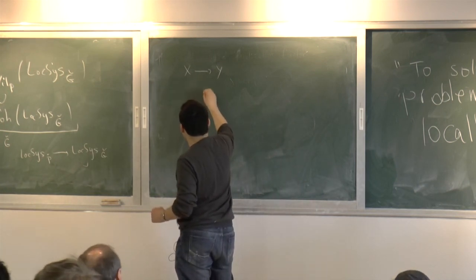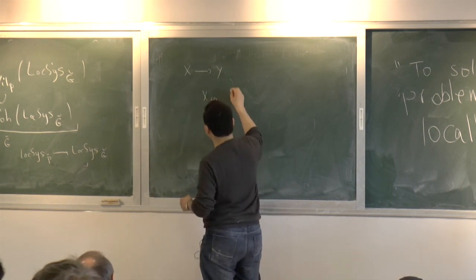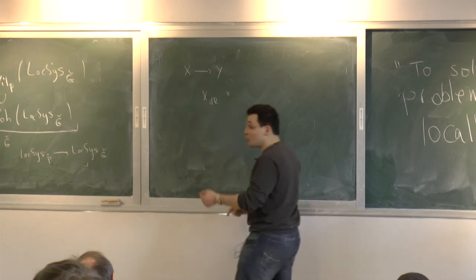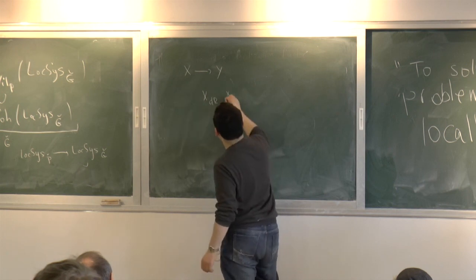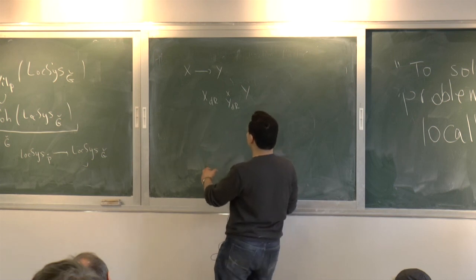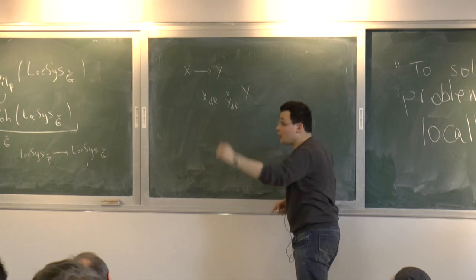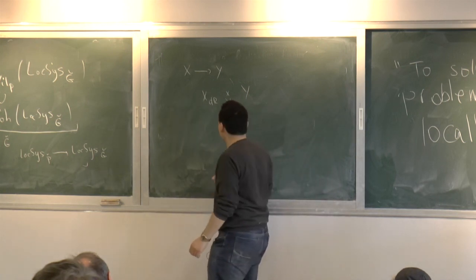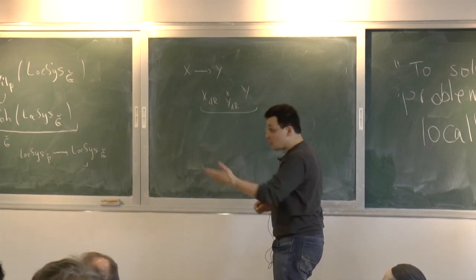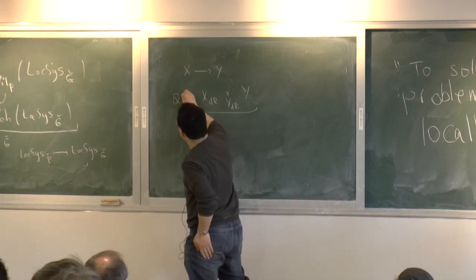Things with connection on X are sheaves on X de Rham. So this naturally maps to Y de Rham. Sorry, I think you're pointing out that I misspoke. What I really want is sheaves on this guy, which are things with a connection along the fibers. Along the fibers, yes, that's right. It's kind of infinitesimal to some degree. That's right, exactly. So it's literally sheaves on this guy.